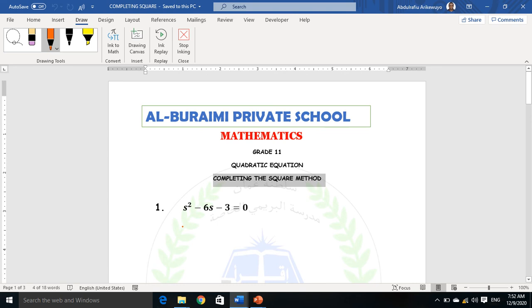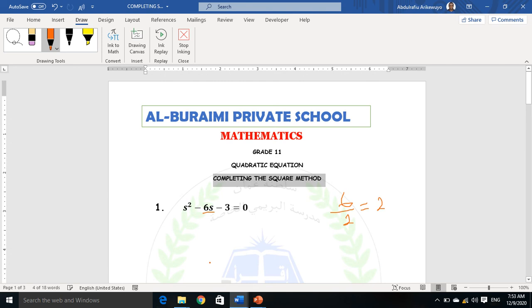Alright, now what you do is you look at the coefficient of s, meaning the variable without a square. You can say I have s squared here and I have 3 here, a constant. This is s, only one s. So I look at the coefficient, which is minus 6. Now, what I do, I divide that by 2, right? So if I have 6 over 2, my answer will be 3,